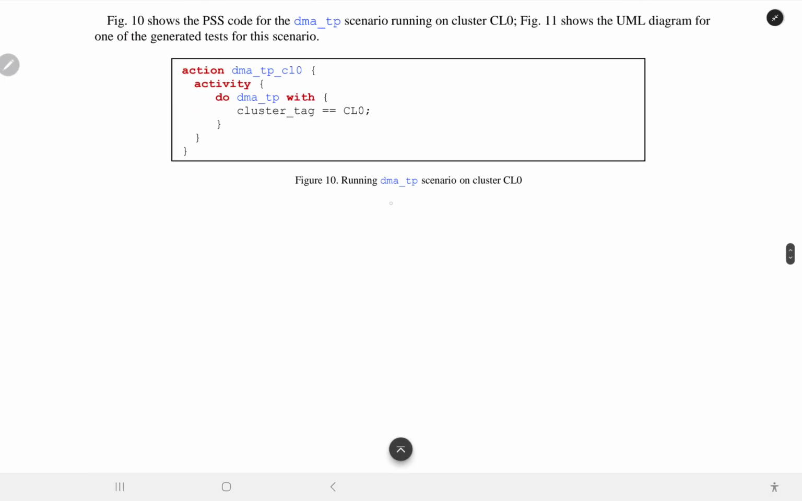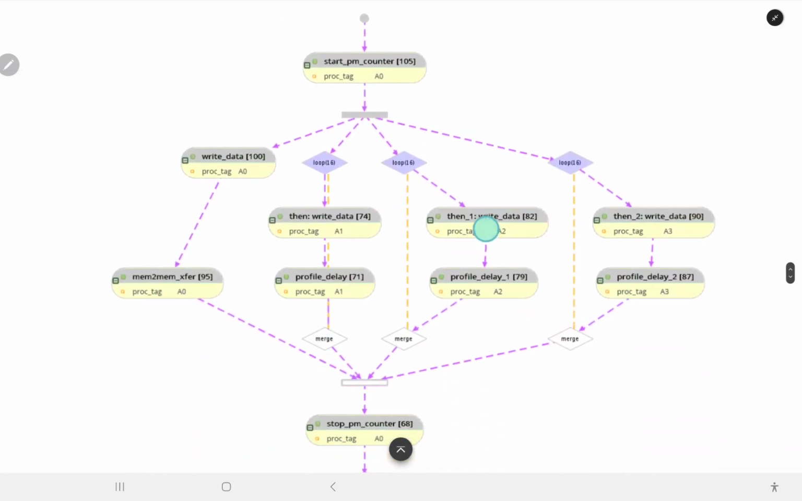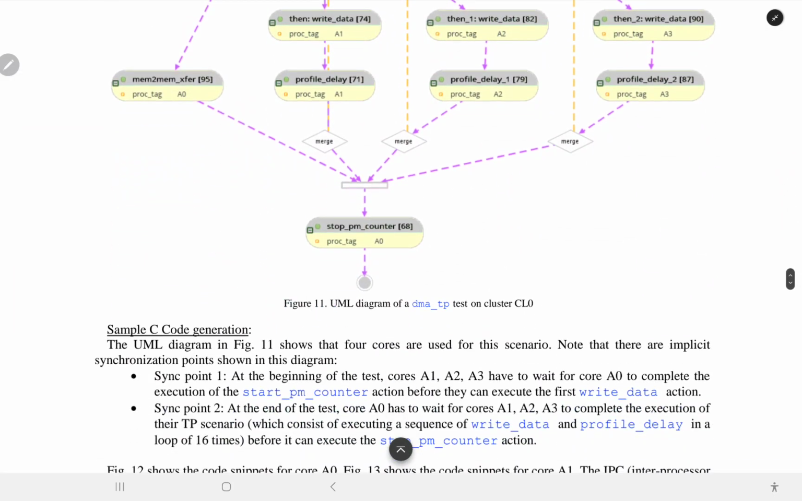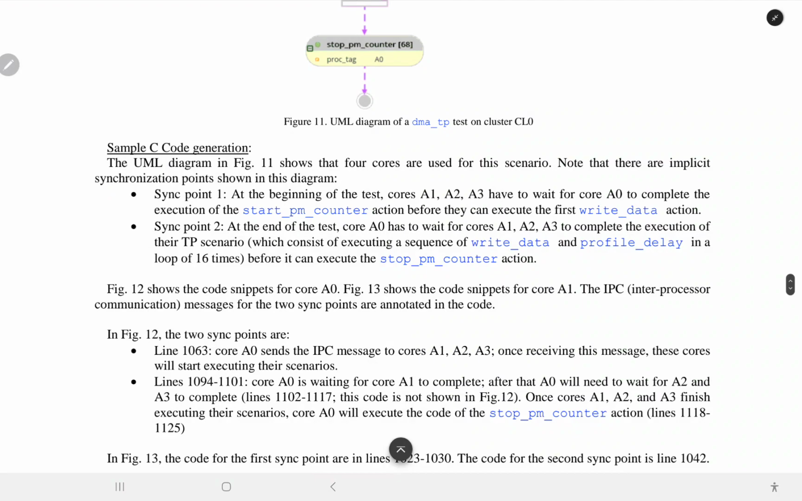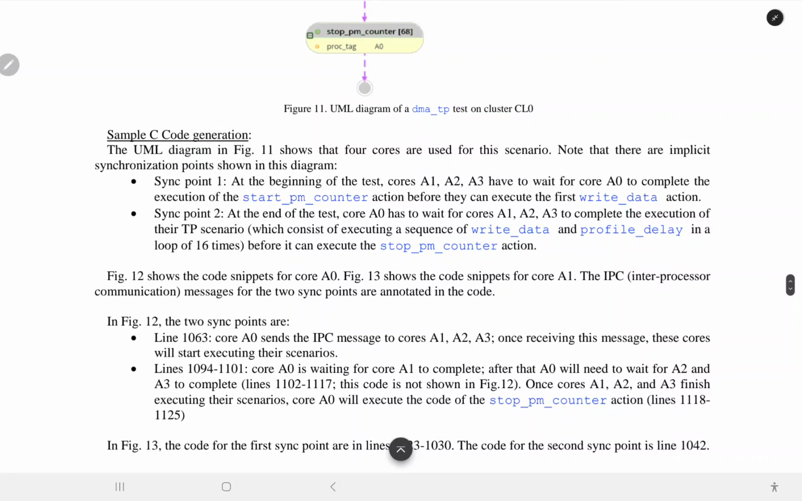Figure 10 is running DMA_TP scenario on cluster CL0. And figure 11 is the UML diagram of the DMA TP test on cluster CL0, with the sample C code generation. The UML figure 11 shows that 4 cores are used for this scenario. Note that there are implicit